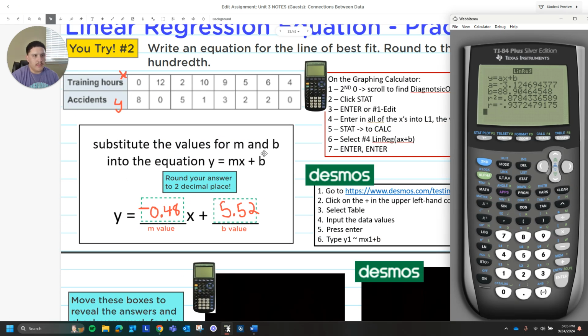So now to show y'all on the TI-84. Make sure diagnostics is on. We're going to go to Stat, Edit, and then if there's anything there, just highlight and clear it out. And then enter what we did like before. X's are training hours, and then Y is accidents. So we have, because again, typically in a horizontal table, the top part are the X's, and then the bottom parts are the Y's. So we have 0, 12, 2, 10,